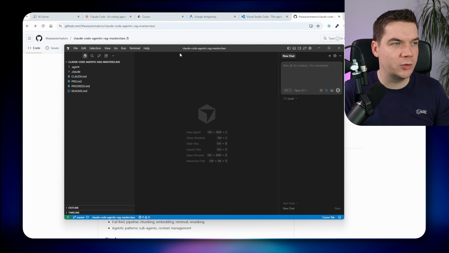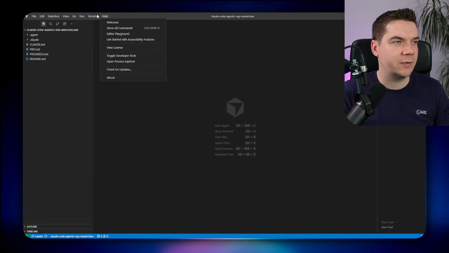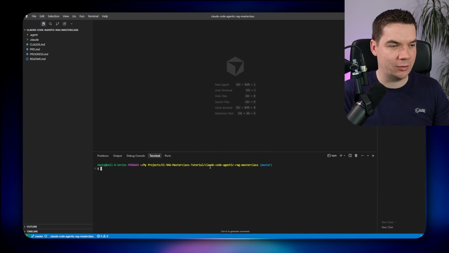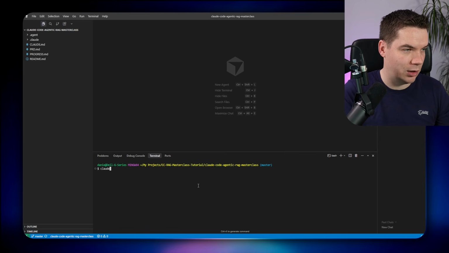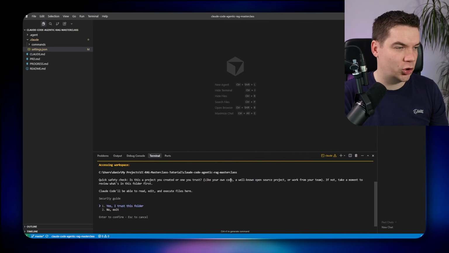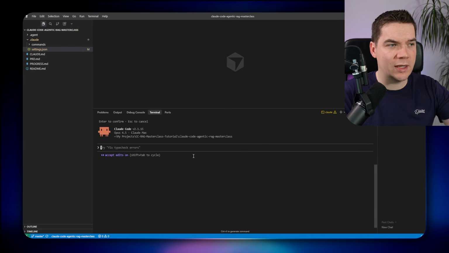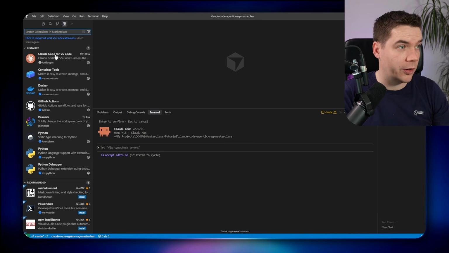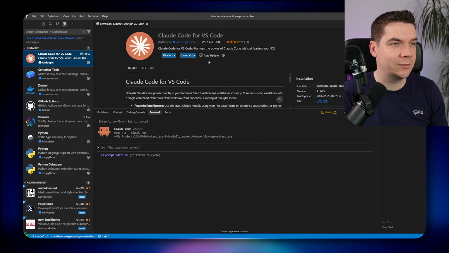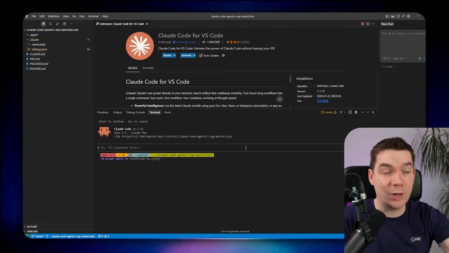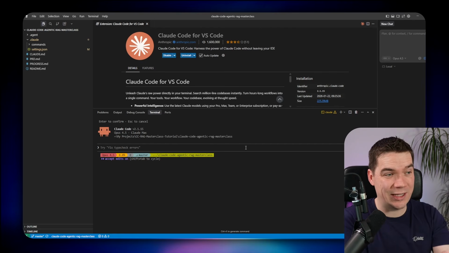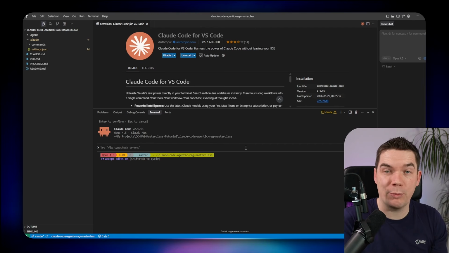Great, so with our repo cloned, we can then open up the terminal. So there's a few options here. You can click on New Terminal at the top. And then within this folder, we are in the Claude Code Agentic RAG masterclass. I can just type in Claude because it's installed, and that should open it up. Now you can use this within the terminal here. There's also a Claude Code extension in these VS Code forks that you can see there and install. I have found that using Claude Code in the terminal like this can actually be a little bit laggy and a bit glitchy. Let's start with it here, and if it becomes unbearable, we might switch to a separate terminal